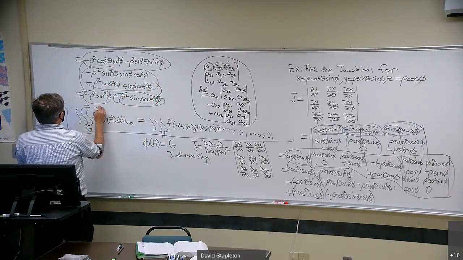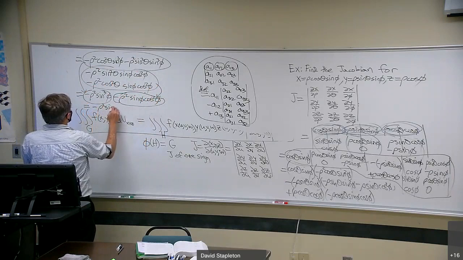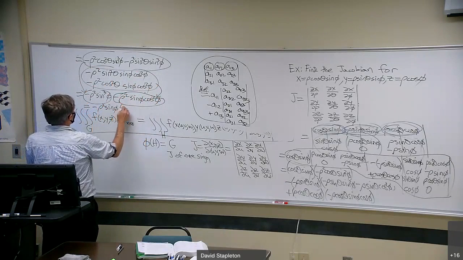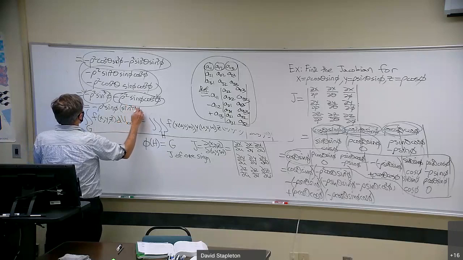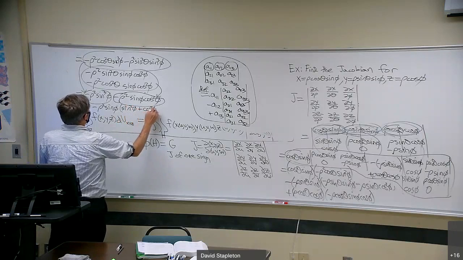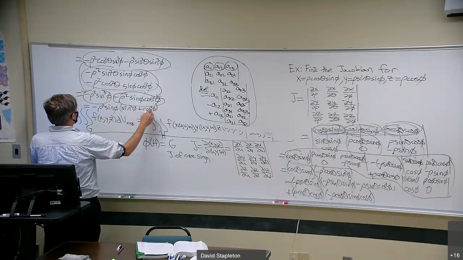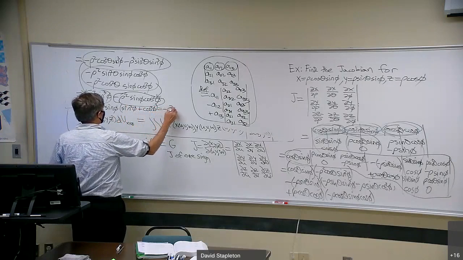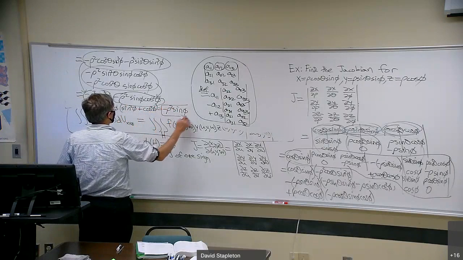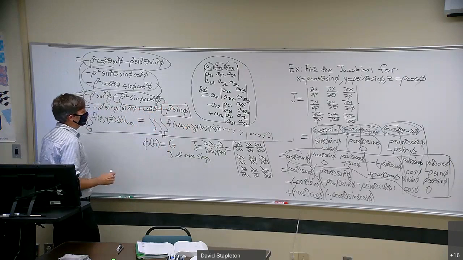I've got minus rho squared sine phi, common factor, all times sine squared phi plus cosine squared phi. That's 1, so I get minus rho squared sine phi